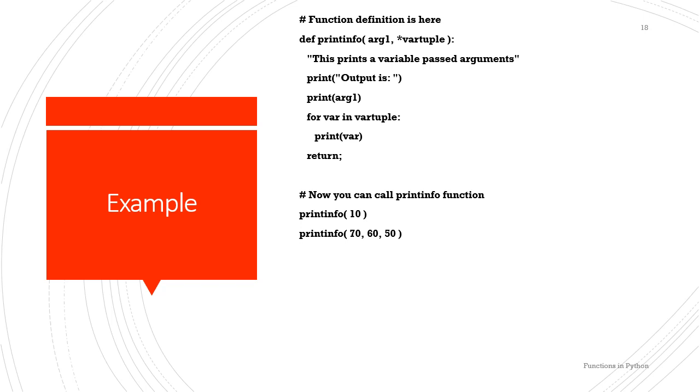See, we are defining a function print info where there is a normal argument and a variable length argument which is defined as star followed by a variable name. Because we don't know the size or length of this argument in the initial stage, it may vary in each and every function call. So what is done in this function? We'll print argument 1. And since the second argument can be of variable length, we will traverse each and every element in the second argument and print one by one. That is what is done in this function.